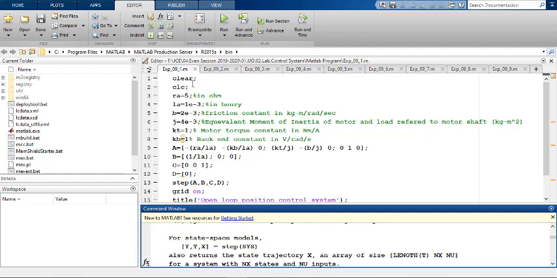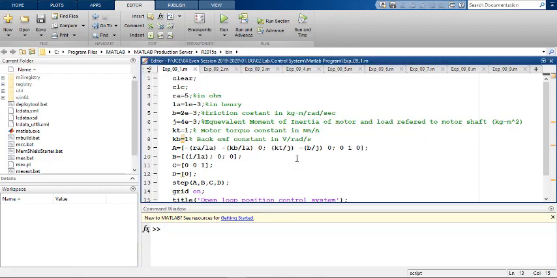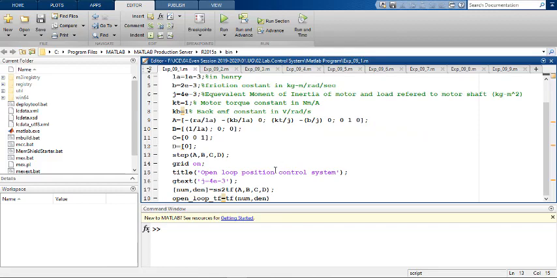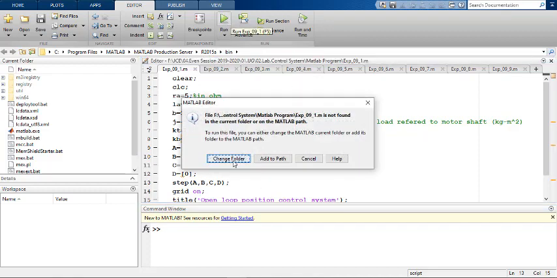So in the MATLAB I have written this equation. Everything is written according to whatever I have shown in the previous theoretical part. I'll just run it and show you the answer.